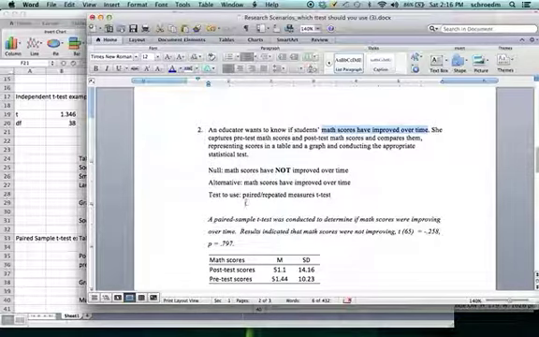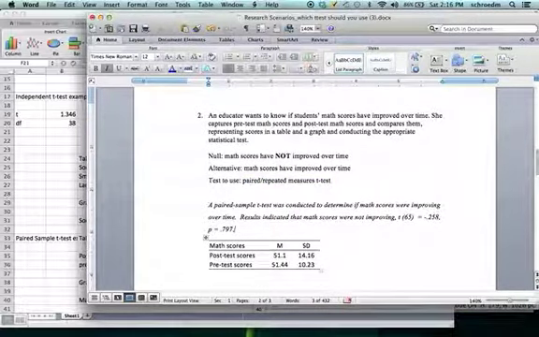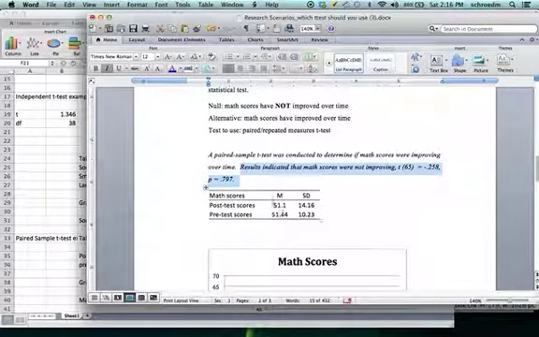Because I'm looking at changes over time, I'm looking at paired or repeated measures t-tests. My write-up would look something like this again. A paired samples t-test was conducted to determine if the alternative hypothesis were true, i.e. if math scores were improving over time. Results indicated that math scores were not improving. And here are my t and stuff that I would get,